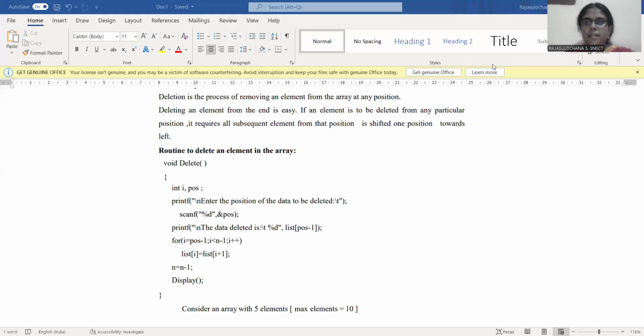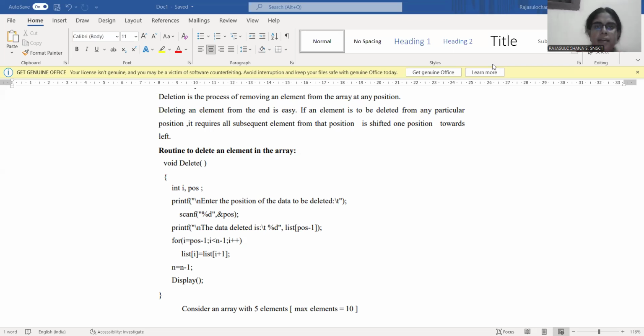In today's lecture, let us see, welcome to lecture series on data structures. In the previous lectures, we have seen what is abstract data type, what is list stability, how to create a list, and how to insert an element at a specific position in the list. So, in today's lecture, let us see how to delete an element